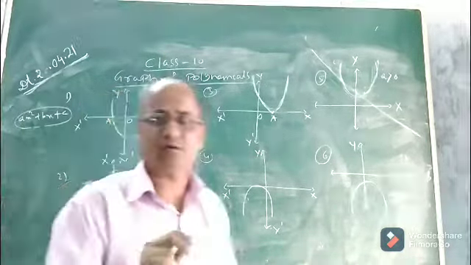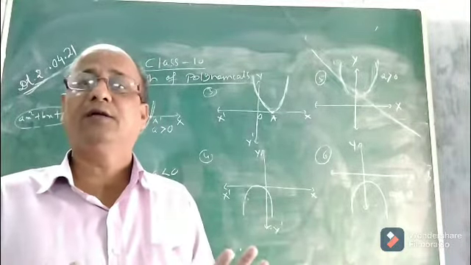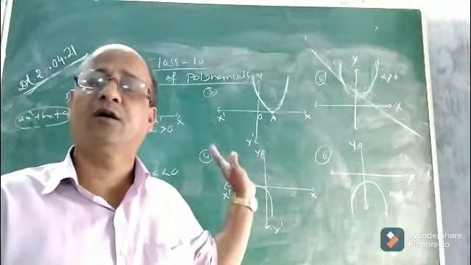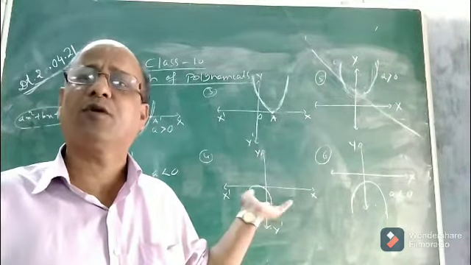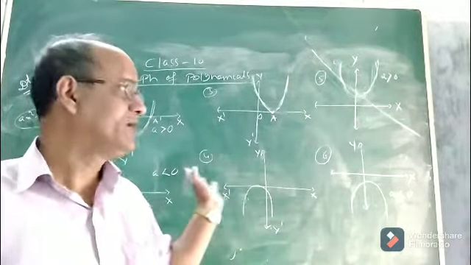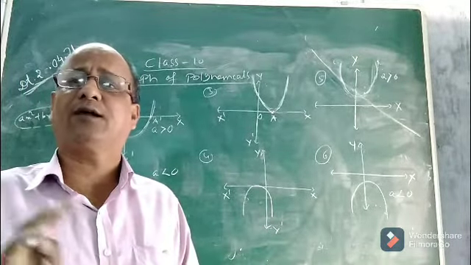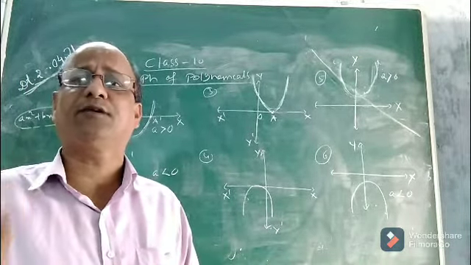Okay, children, I hope you understood about zeros, how to find zeros of a quadratic polynomial graphically, without using algebraic methods. The algebraic method I had discussed in the previous class, before one or two days. So this completes the graphical representation of quadratic polynomials and how to obtain zeros. I hope you understood, children. So we will discuss the rest in the next class, okay. Thank you.